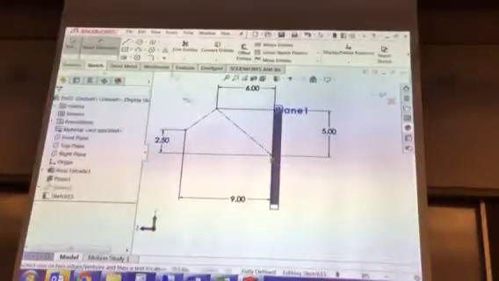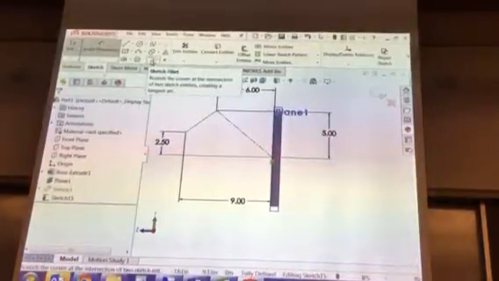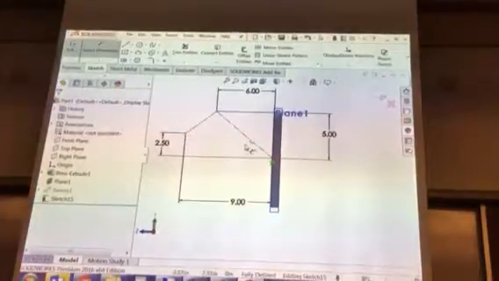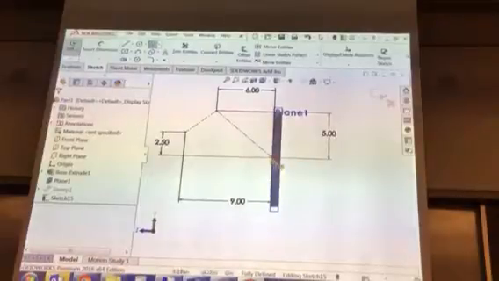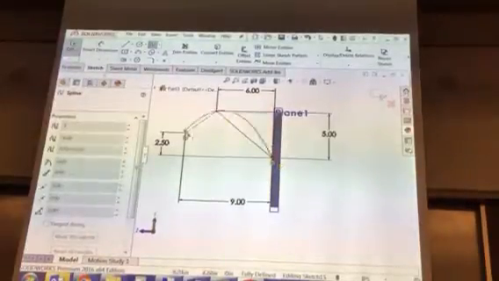Okay, all right, now I can go ahead and my spline is driven by these construction lines instead. And so I can go ahead and click on those points to